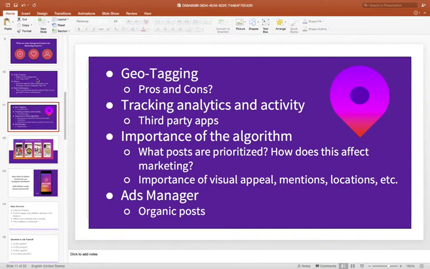Instagram's algorithm differs a bit in terms of visual appeal, mentions, locations, as well as one of the oldest things within algorithms, which is how often you click on something.